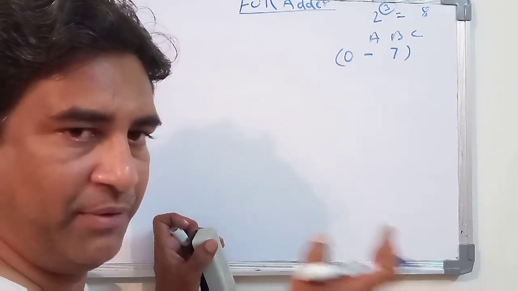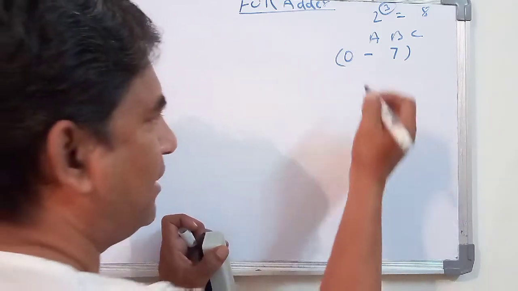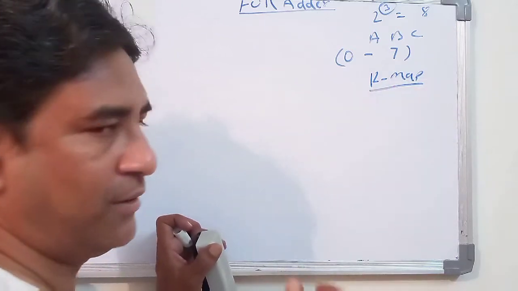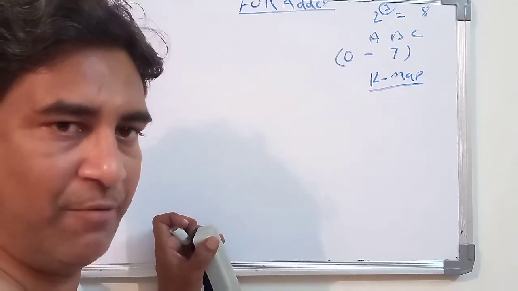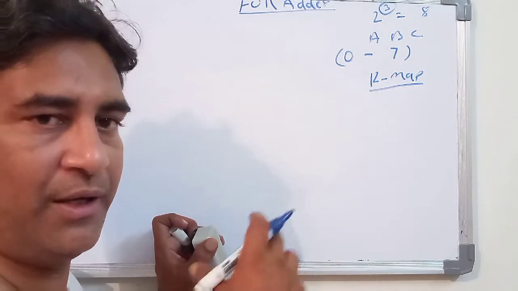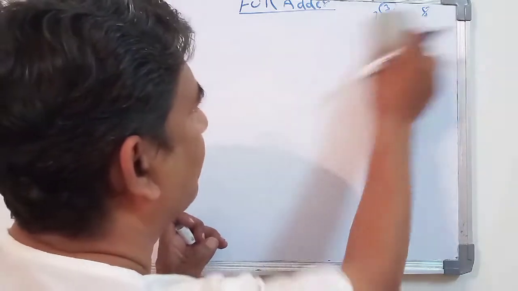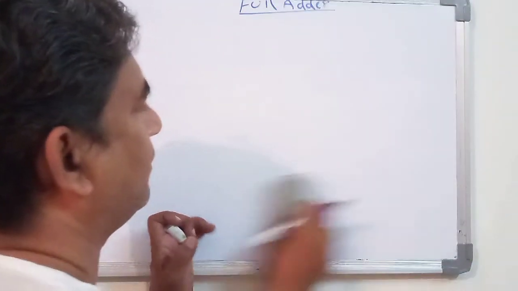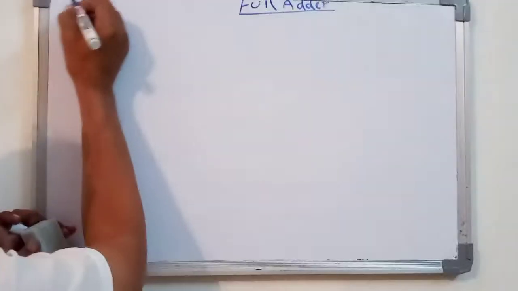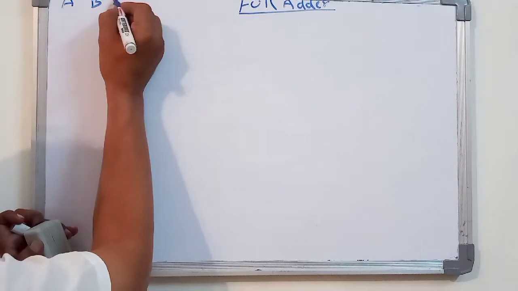As in a previous class I told you about the Karnaugh map, that is the K map. Now we will apply the K map, and from this particular K map we will form the equation. Okay students, it is very simple. So very first we will see the 3-variable table, that is A, B and C.